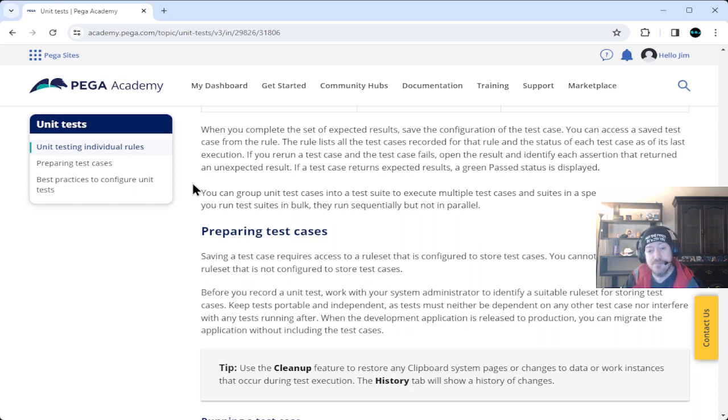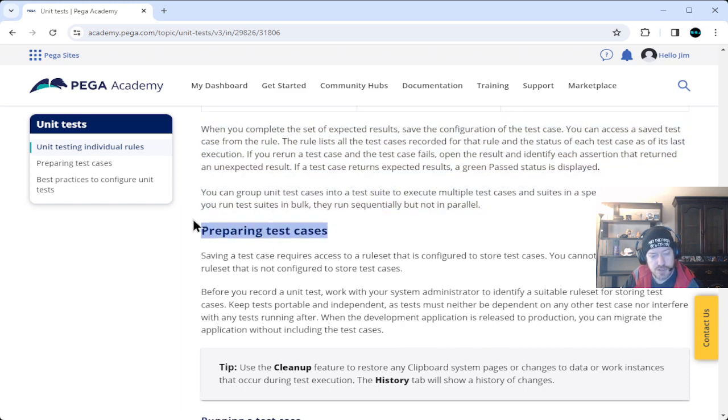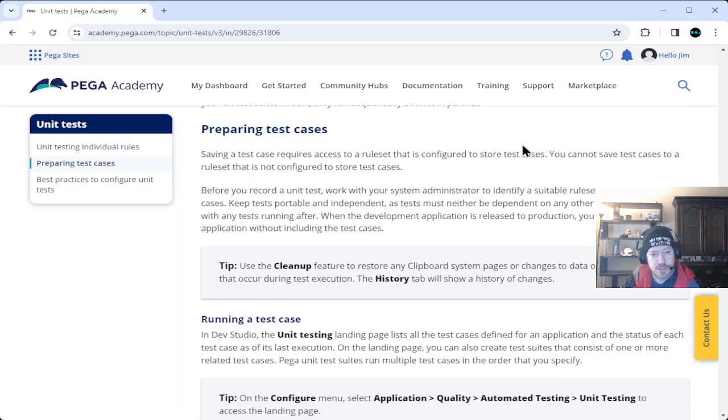Okay, we've already covered all this, so on preparing test cases. Preparing a test case, saving a test case requires access to a rule set that is configured to store test cases. You cannot save test cases to a rule set that is not configured to store test cases. Before you record a unit test, work with your system administrator to identify a suitable rule set for storing test